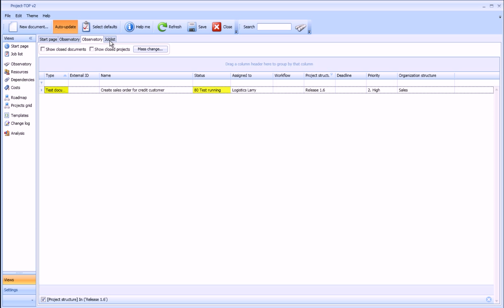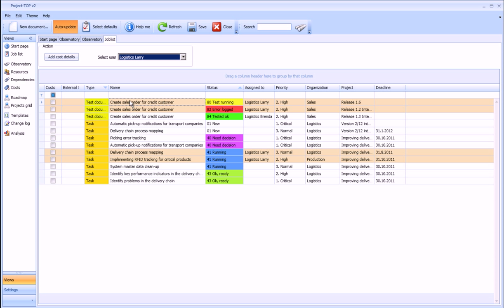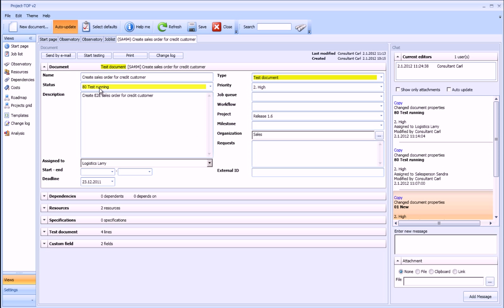And then Larry's part. So let's open his job list from here. Logistics Larry. Here we go. Double click the document to open it. And there is no need to change the test case status, it's already running. So he just clicks start testing